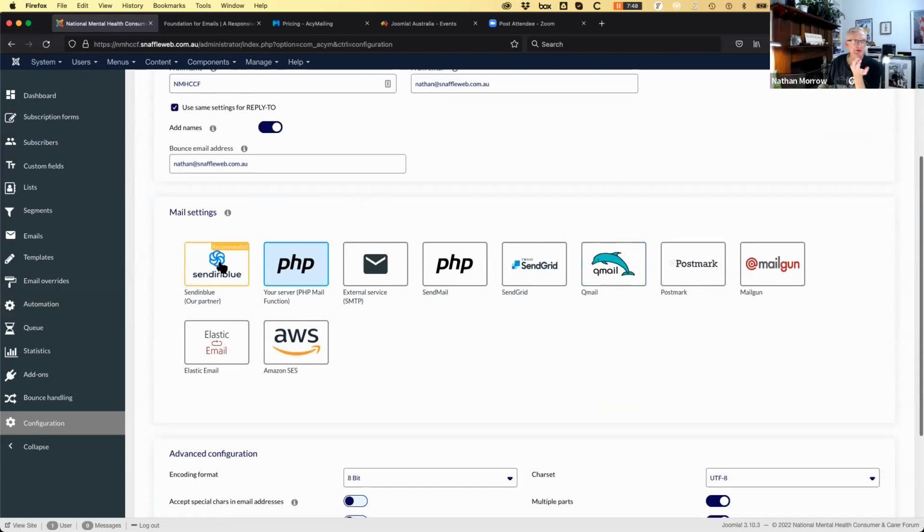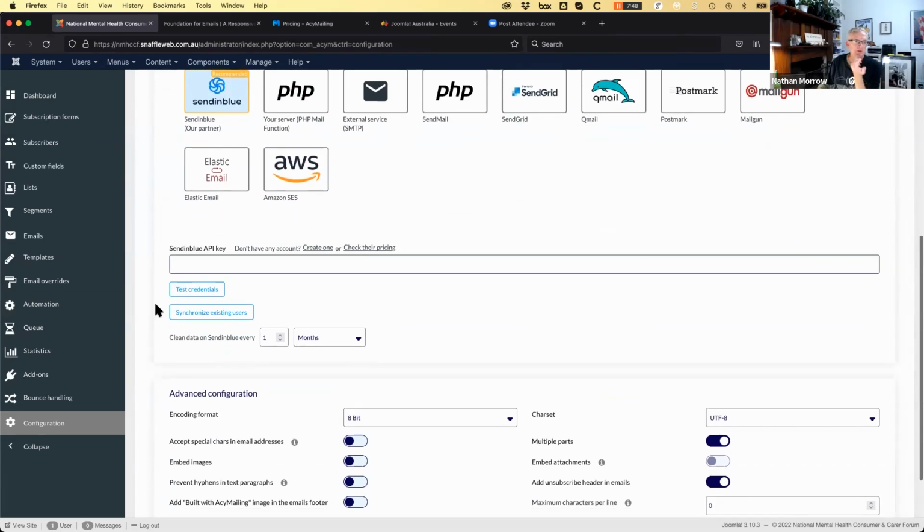If I change to Sendinblue, all I'm asked for here is my API key. You can test the credentials. Okay, so synchronize existing users. So there must be something with the integration whereby it uploads your users to their service, I guess. But I would assume that just happens in the background.